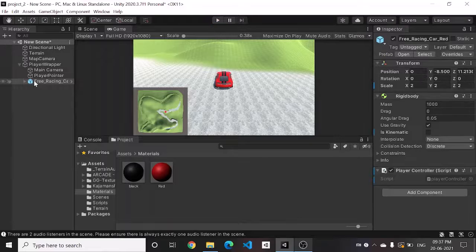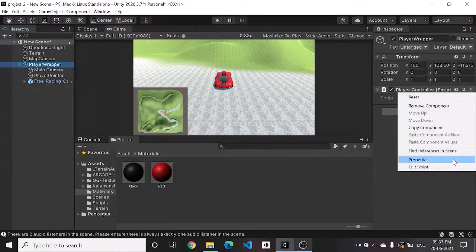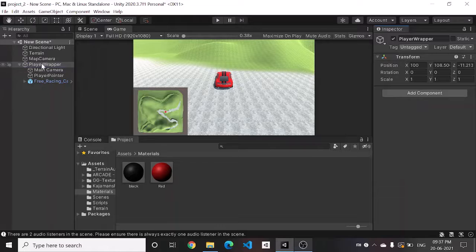So we just need to make sure that the player wrapper moves with the player. Basically we need to apply the player controller script on this. But if we do apply it on this object, the problem would be that the colliders etc. are all decided on the basis of the car and not this.